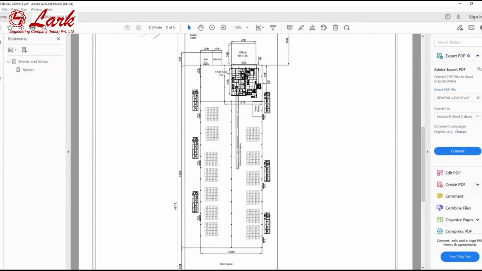So, taking safety into account, we can divide by 7: 29,600 divided by 7 will be around 4,200. So in this warehouse of 100 by 296, around 30,000 square feet, we can store 4,000 metric ton of raw material at 18 feet stacking height